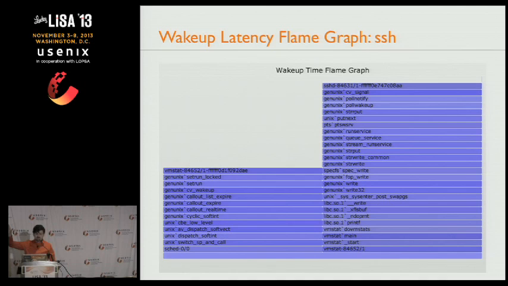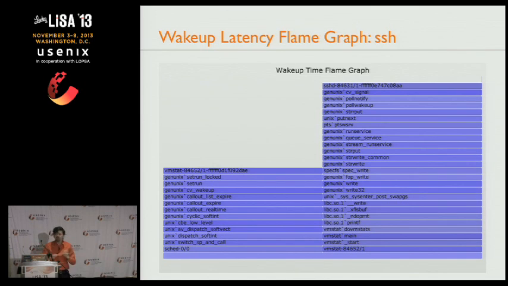There are two columns here. I know it's a bit small. The one on the left is, at the bottom, it's sched, it's metal, and then it goes into kernel timers. And kernel timers, oh, and then it goes into vmstat. And so that's waking up SSH. And the reason timers and vmstat were waking up SSH is that I'd run vmstat 1 in a terminal window, and it was outputting at 1 second intervals, and that was causing the wake up of SSH.